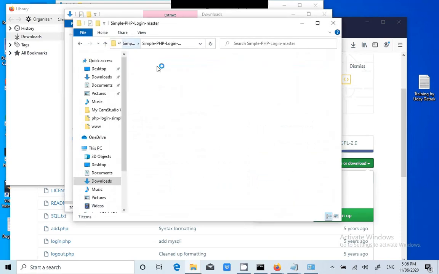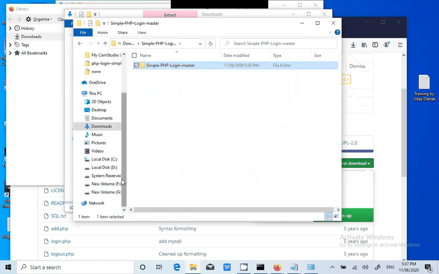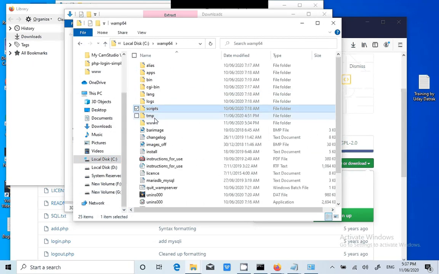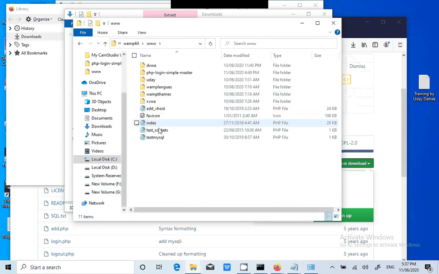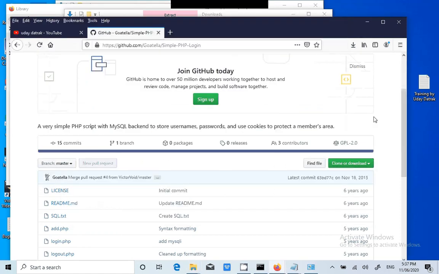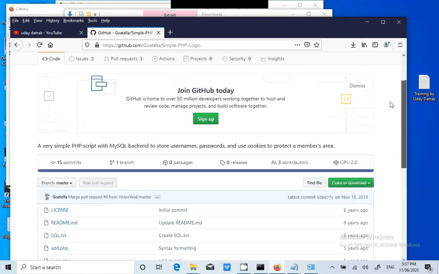Copy this. Go to the WAMP folder, www. Paste it here. Let's see the readme documentation. What are the things here? A very simple PHP script with MySQL backend. That's very nice. So we have WAMP.